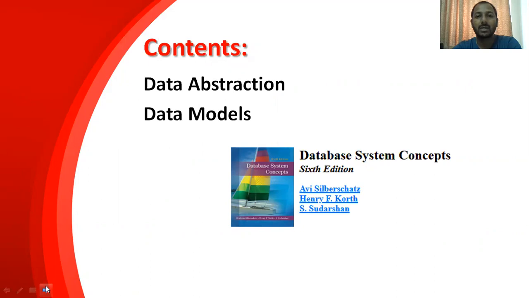So data abstraction we have seen, wherein we have seen view level which was at the top. Depending on the authority, we have taken the example of a bank. The view for the manager is different, the view for the cashier is different, and the view of data for the person who is printing the passbook is different. So that we have seen.